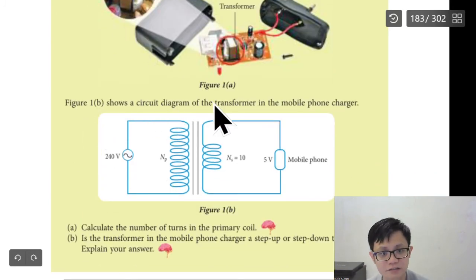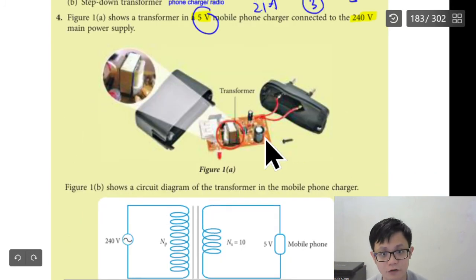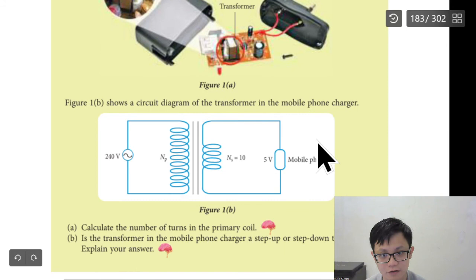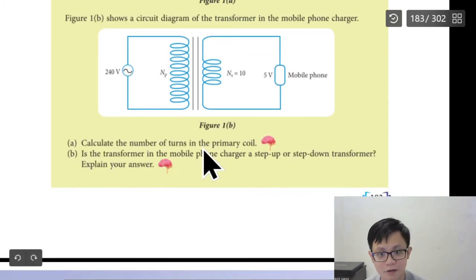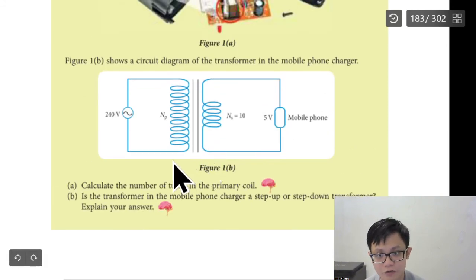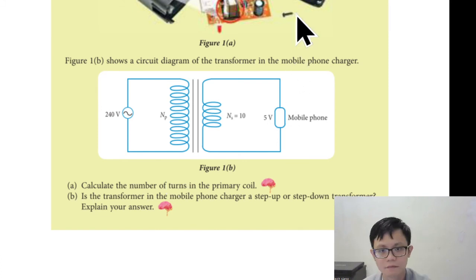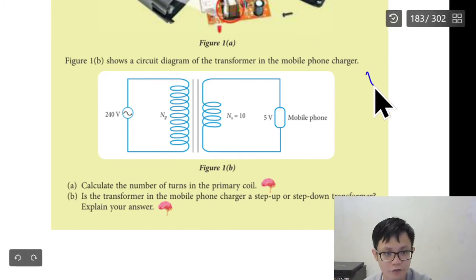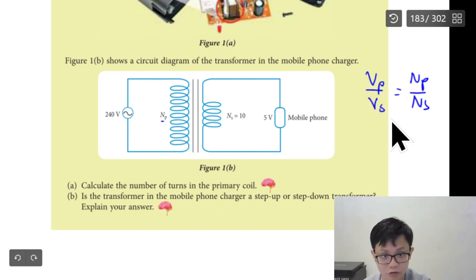So the figure shows the transformer in a mobile phone charger. Okay, you cut it open and you can see. Wow, this is a Nokia, is it? The charger is very old. Calculate the number of turns in the primary. So use the formula, calculate for me. Okay, so this formula: Vp over Vs equals Np over Ns. Np is, I don't know, I put X. Vs is